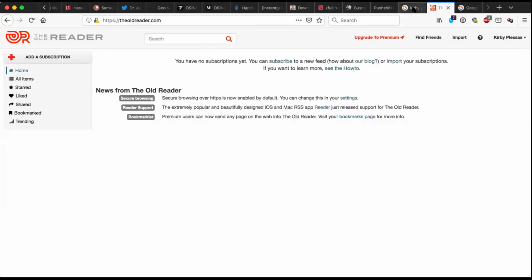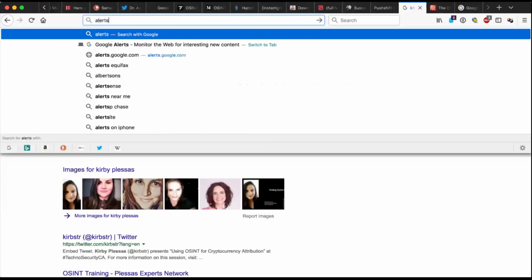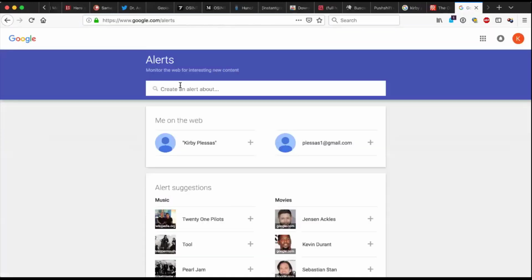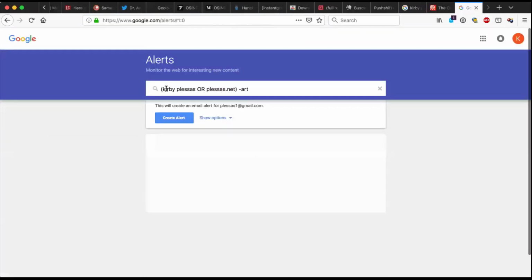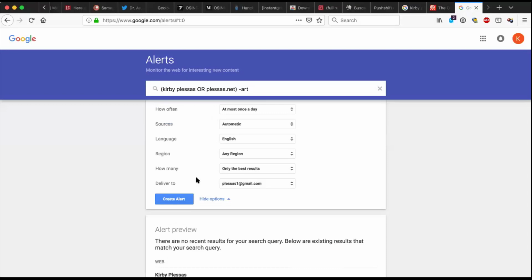And as far as Google search goes, any Google search you do, of course, you can do in Google Alerts, but I think most people don't realize that Google Alerts also has the ability to do RSS. I think I have it up right here. No, yeah, there we go. So when you hit create alert, that would create it as an email alert. And honestly, I get enough email. I don't know about you. This Plessas1@gmail, that's one of my auxiliary accounts. I'm not checking it, so don't email it anyone. But down to the options.